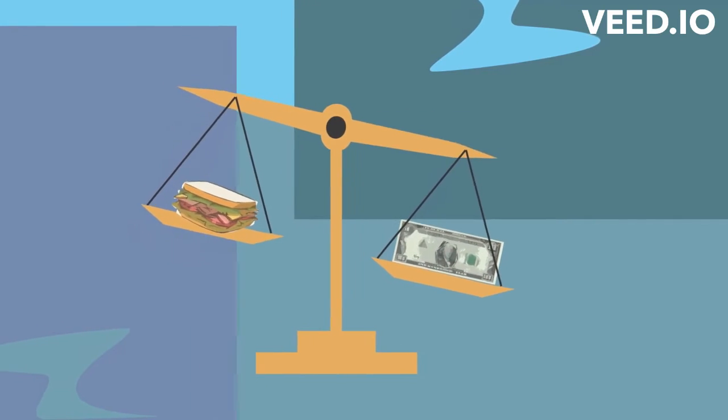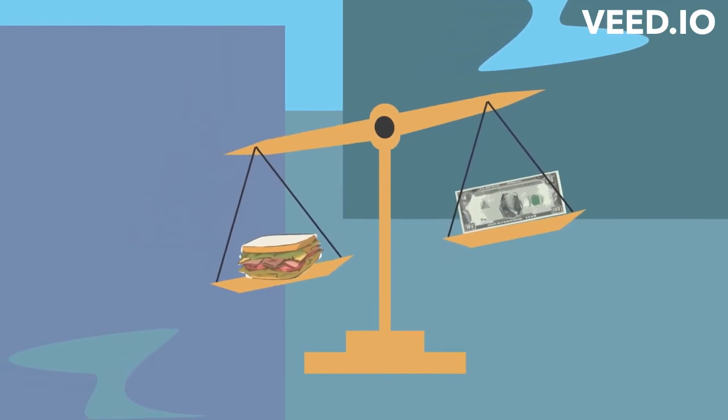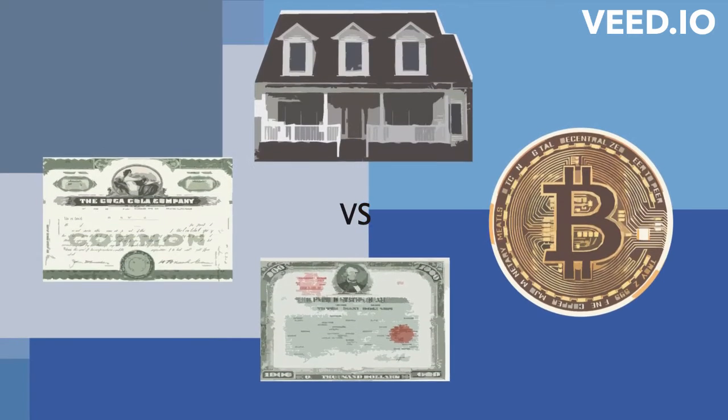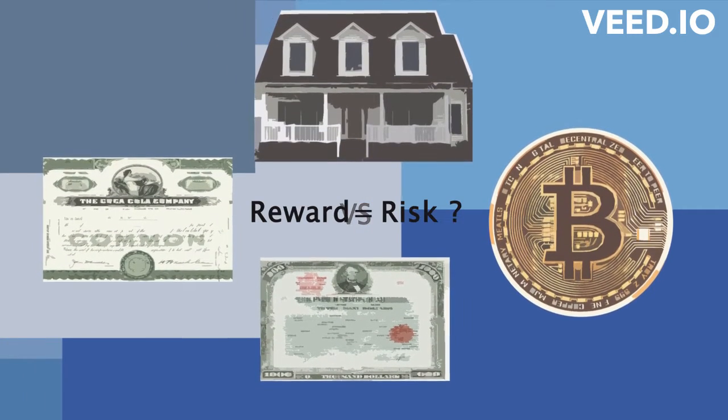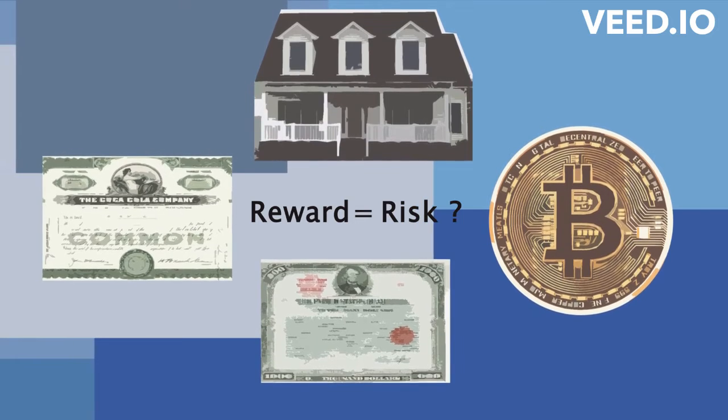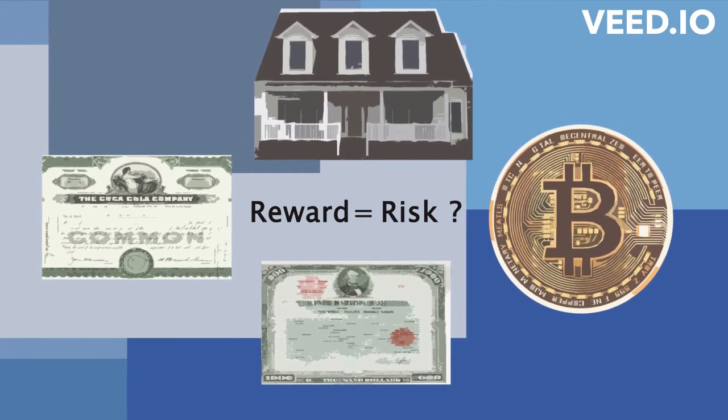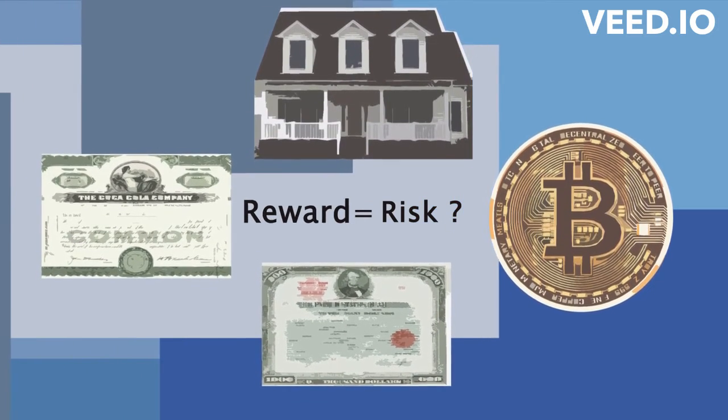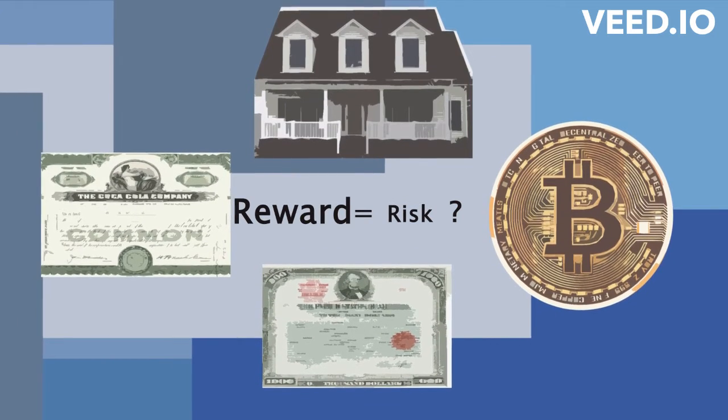There's no such thing as a free lunch, and that especially applies to the world of finance. Everything is presented as a trade-off between risk and reward, but how can we quantify how much reward we should be getting for how much risk we are taking? And is there a way we can get the most amount of reward without taking too much risk?